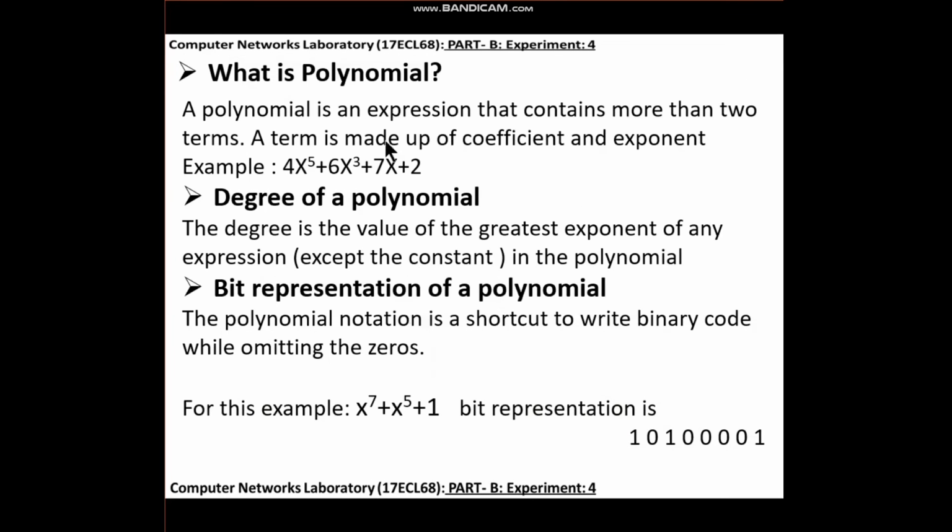Here are some terms. What is a polynomial? A polynomial is an expression that contains more than two terms.